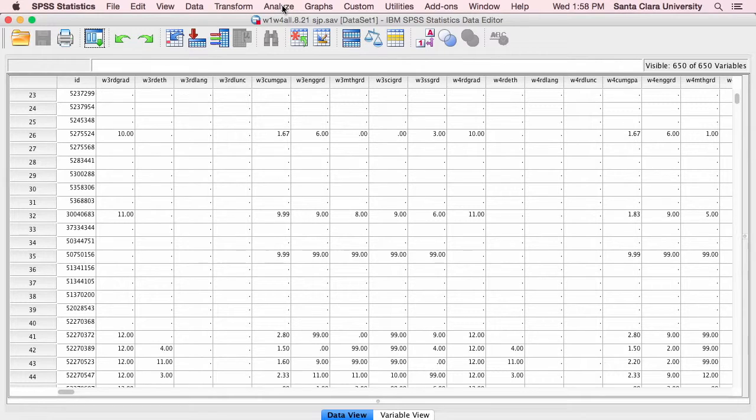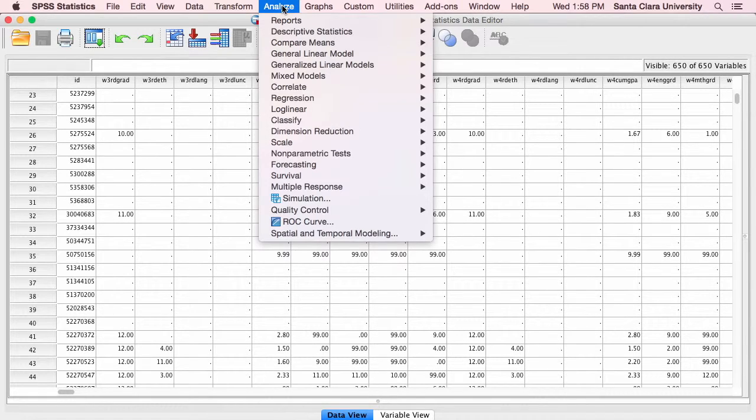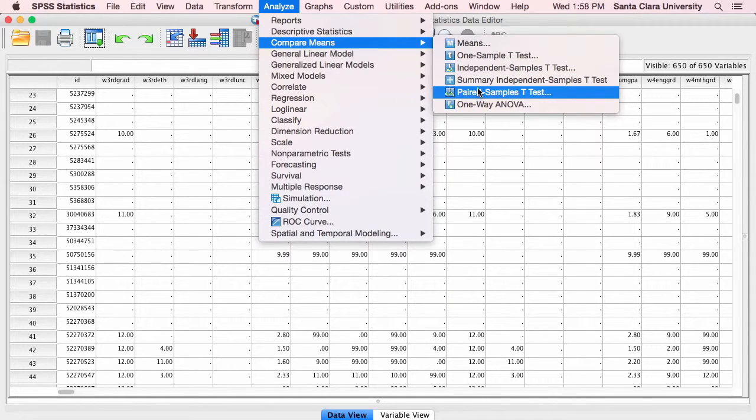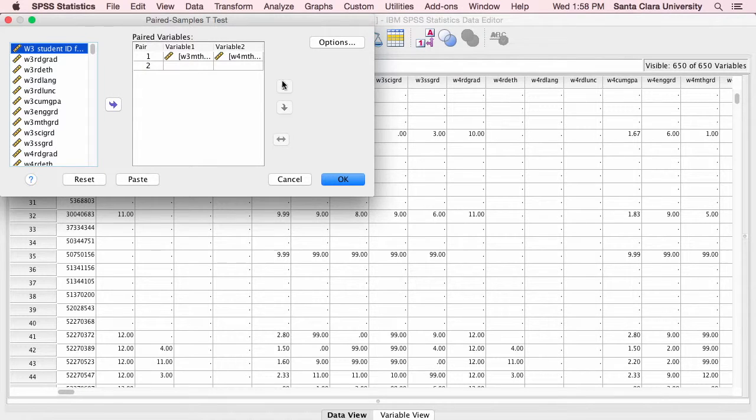You go up to the Analyze menu of SPSS, and you go to Compare Means, and then Paired Samples t-test. Then it's going to ask you to pick the variables from your list of variables over here and to create pairs. So I've done Wave 3 math and Wave 4 math. That is first semester math grade compared to second semester math grade. And you can see SPSS gives me room to put in another pair of variables, so I can run several paired t-tests at the same time if I want. But I'm just going to do